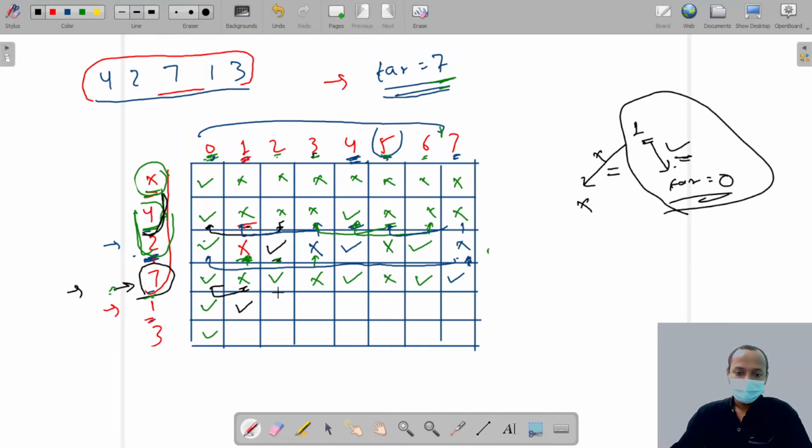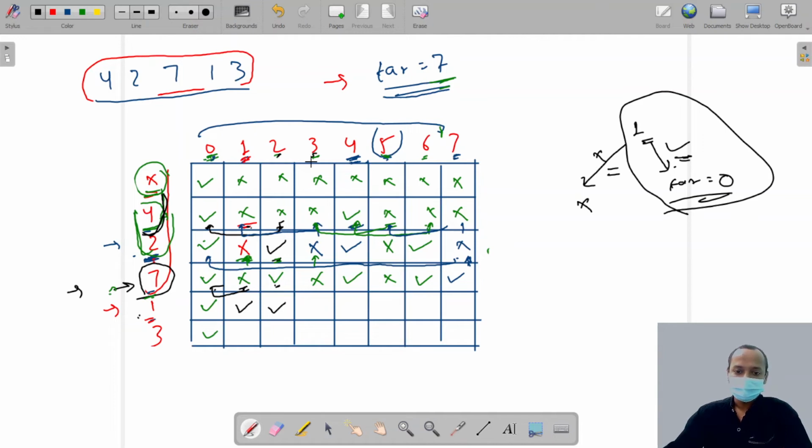Now if we are talking about this cell, then if we don't choose the player, we have to make 2 runs. Then we ask the rest of them, can you make 2 runs? They say yes. If we get the answer from here, we write here. If not, then we select this player and we ask the rest of the team, can you make the rest of the runs? They say yes, then we do.